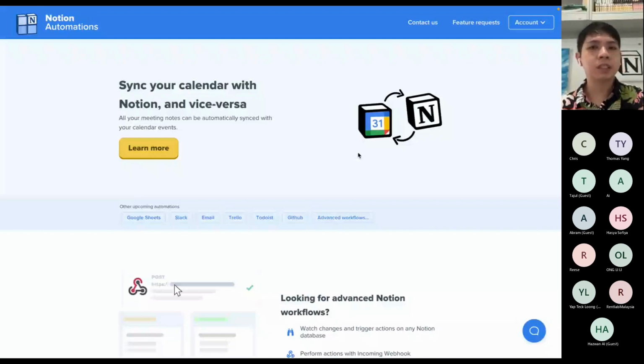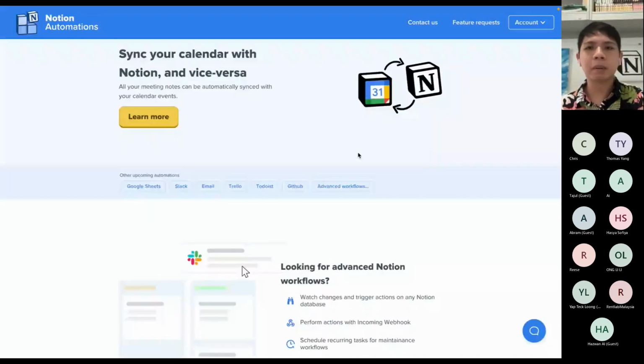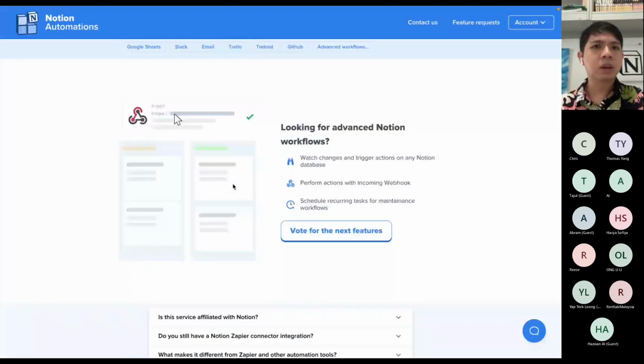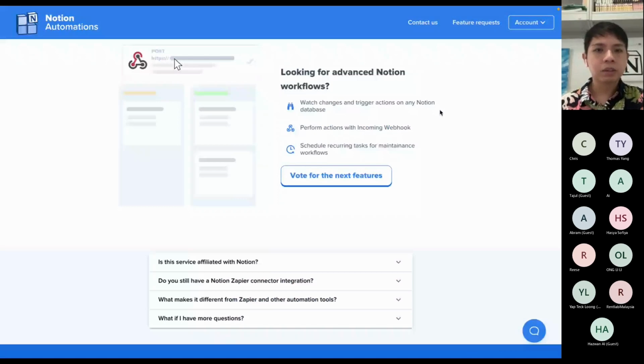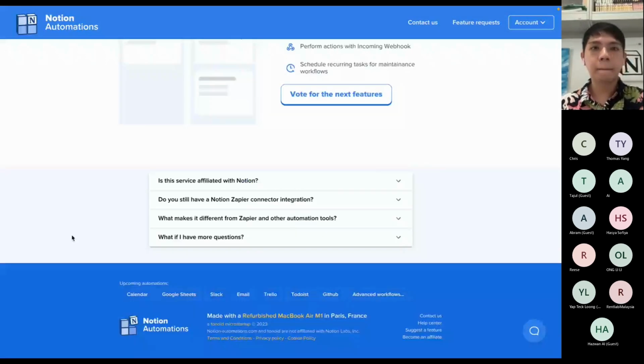I have tried this for a few months. It's actually very good, I don't think there are any complaints. The only reason why I stopped using it is that I find the calendar interface on Notion doesn't quite fit well for more events. If I have too many events, it kind of gets blocked up. But it's definitely one of the best tools out there to help you have a two-way sync. Of course, this is a paid tool, I think it's $5 per month. So if you have a use case for this, it's definitely worth it, and it's very stable.